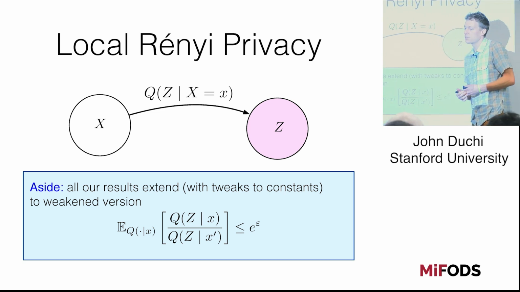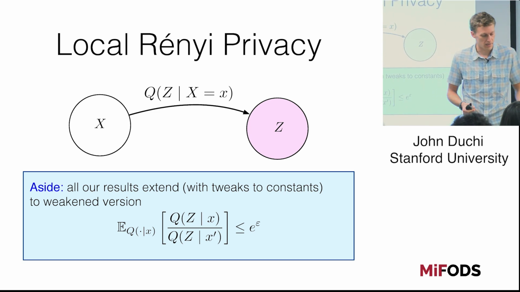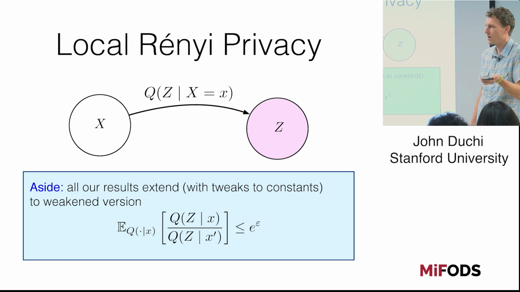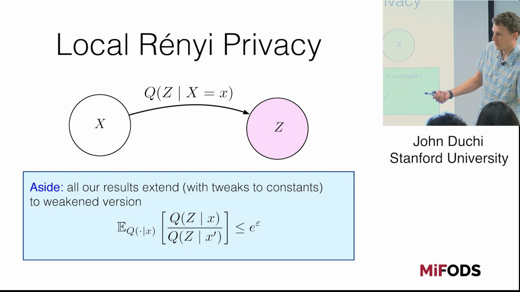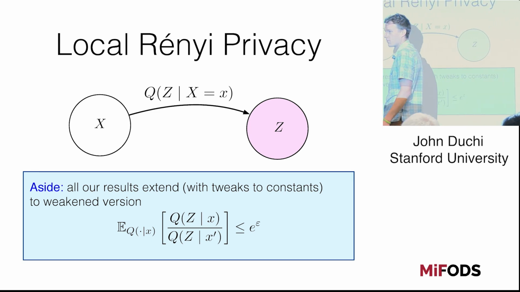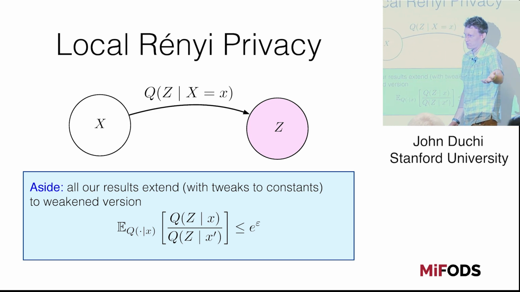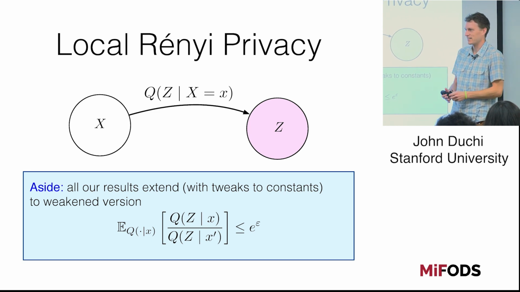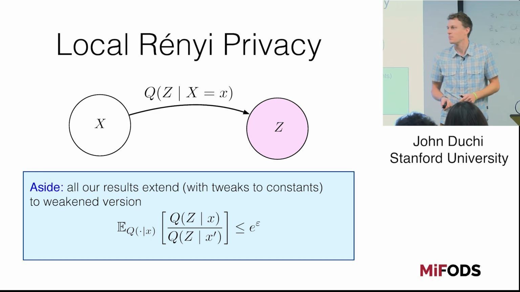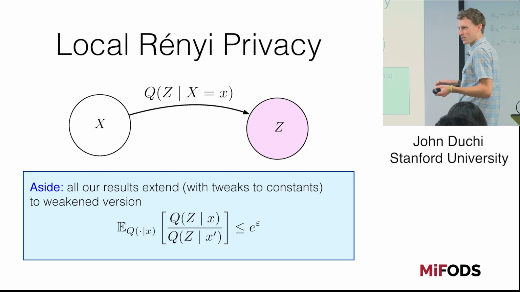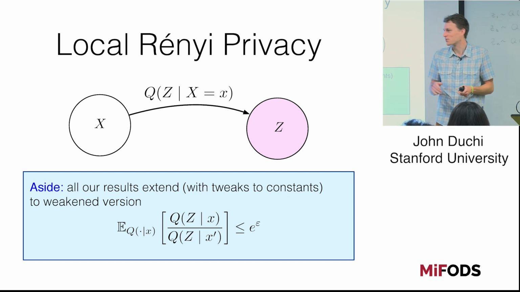So if you were thinking, OK, I'm going to fit a model in some distributed way, what this means is I'm going to release the source code to my model fitting scheme. Then some security researcher can look at my code and say, yep, that is private. I mean, probably what would happen is a security researcher looks at my code and says, I broke it, right? And then you iterate, and they break it again, and you iterate, and they break it again. And you constantly get sued for breaking people's privacy. But let's pretend I could write secure code, and you could verify that it was secure, right?